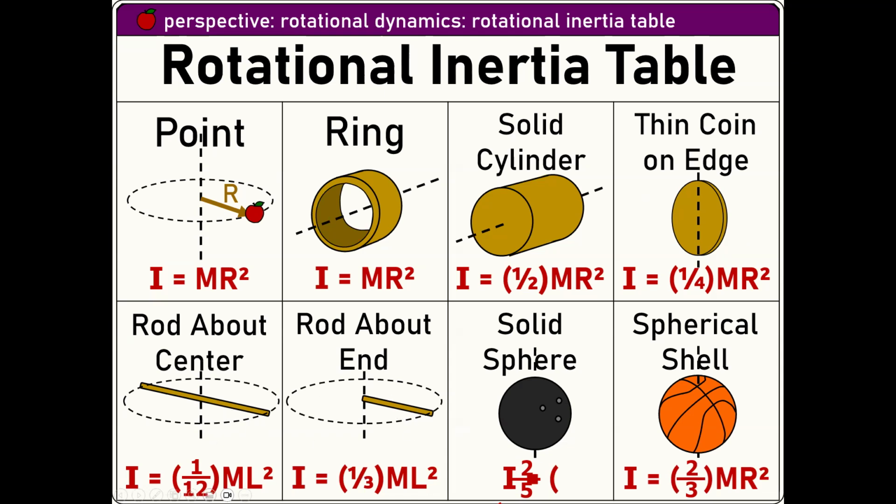If it's about the center, it looks like this. I meant to make some fixes. Sorry, I got bumped a little bit. The rolling ball is 2/5 mr squared, and a hollow sphere or spherical shell works out to 2/3 mr squared. Okay? So if you roll these all down an incline,